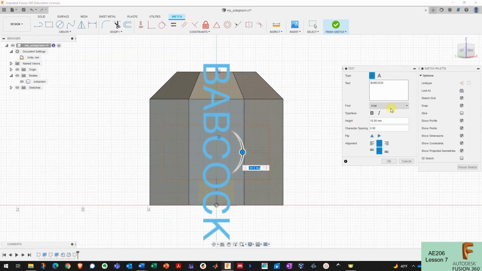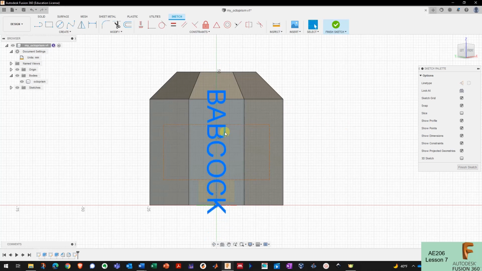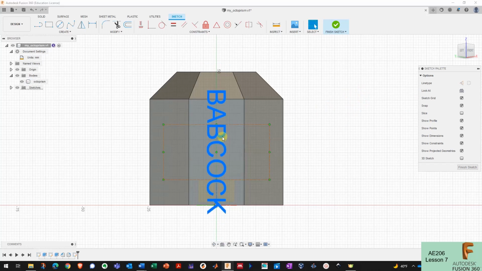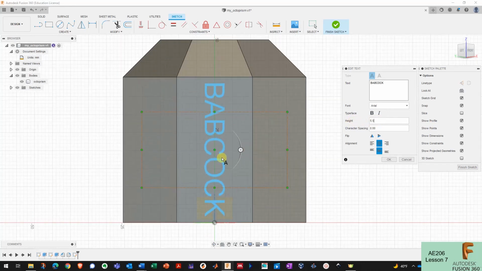So I can put it on its side, and the text is obviously too big, so the way we control the size of the text is by specifying the height. So I'm going to try 7mm height. That's still a little bit too big, and I pressed enter, so I lost the text input box, so I'm going to double click on the text again to get it back. So I'll go 5.5mm. Okay, 5.5mm, that fits on the side of my octagon pretty well,